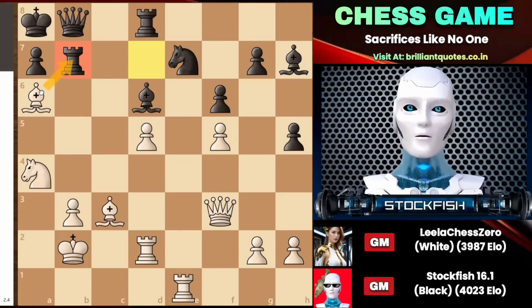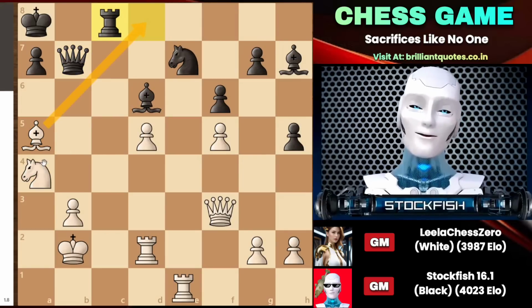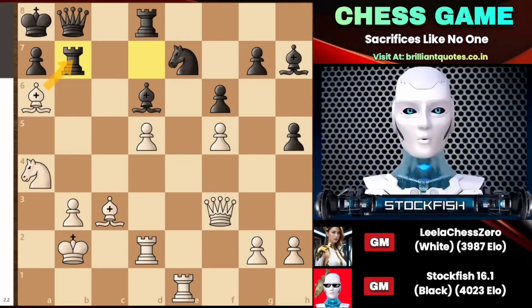If white dares to capture the rook, queen takes b7 will come, and after a few moves, you can see that white cannot make any progress on the king side with her pieces because the position almost becomes favorable for black, and I will get sufficient compensation. So, going back to the position, the rook cannot be captured, which is why Leela goes with bishop a5,